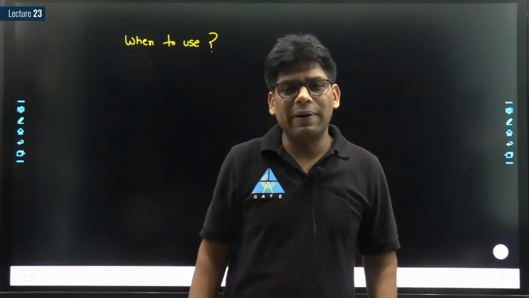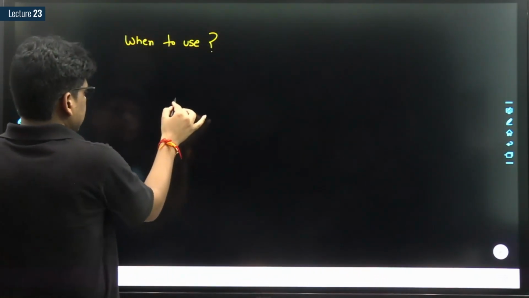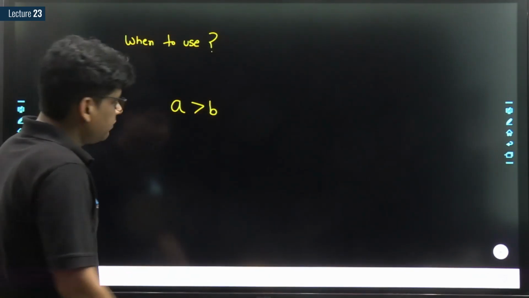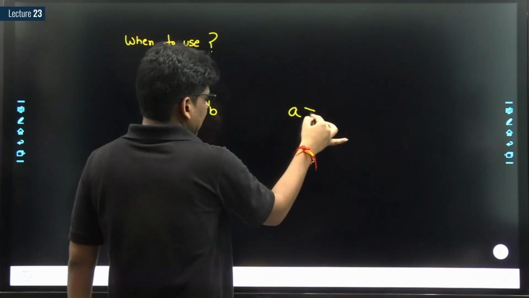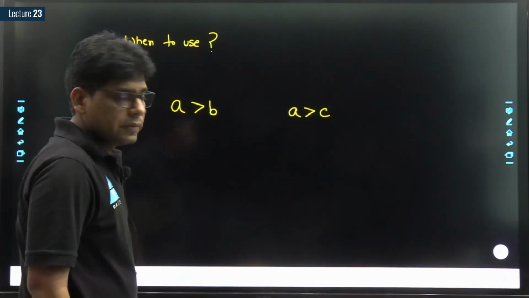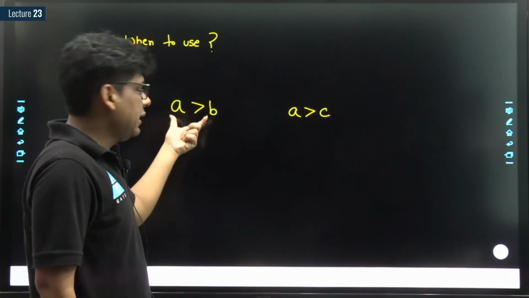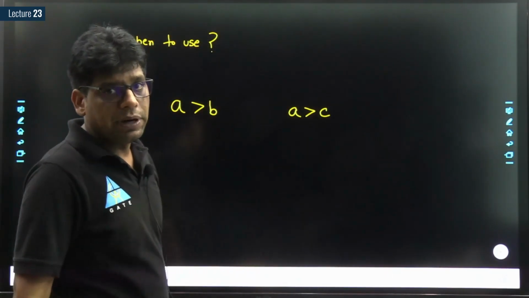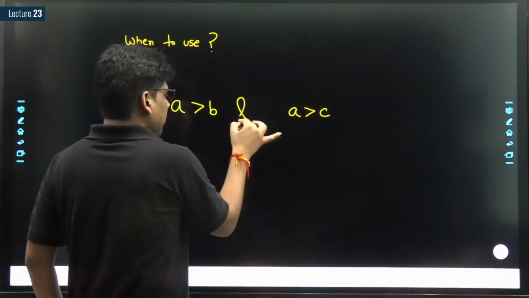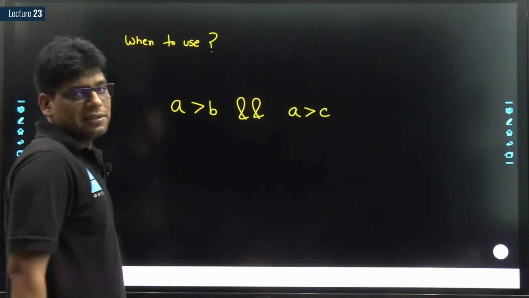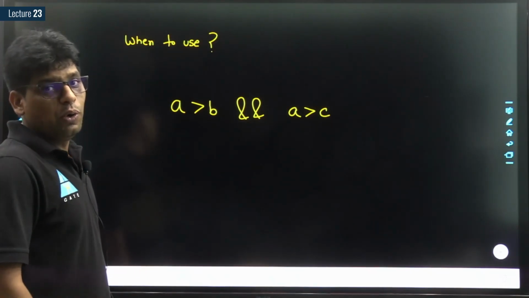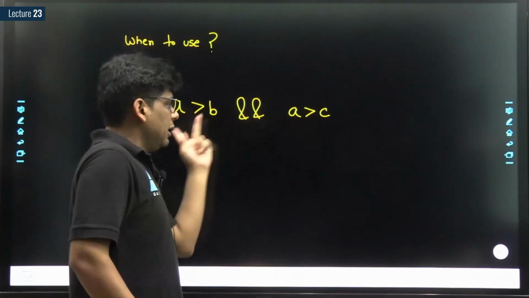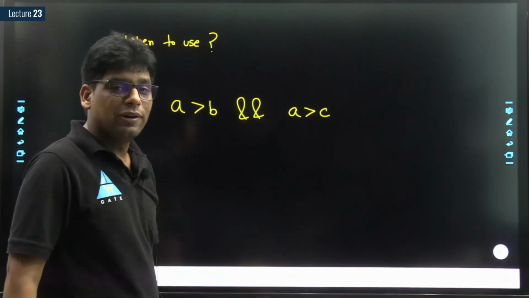relational operators. For example, sir, what is this? This is one relational operation. And what is this? Another relational operation. A is greater than B is one relational operation. A is greater than C is another relational operation. If we want to connect them, we can connect them like this. That means we want to know whether this is true and this is true. That means if simultaneously both of them are true,